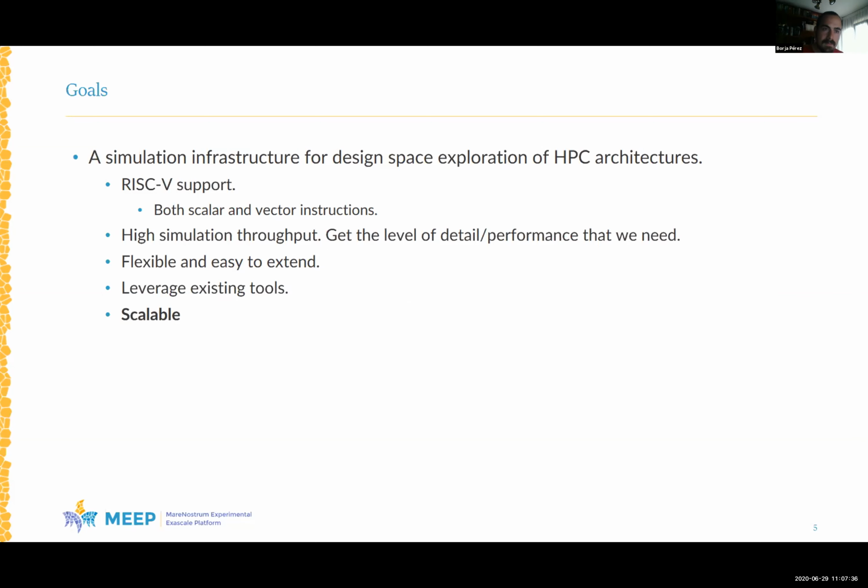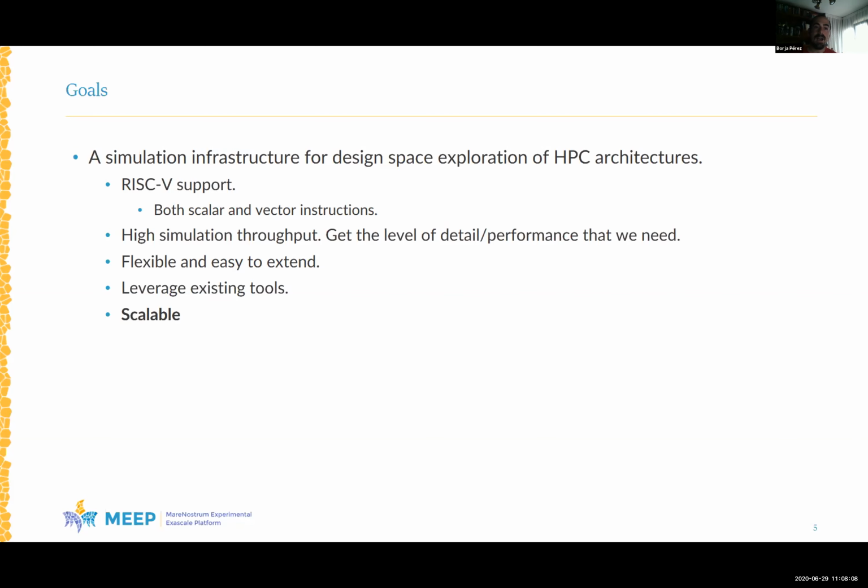An important thing to bear in mind is that both scalar and vector instructions are very important to us and to BSc, because we would like to get that extra punch, both performance and efficiency-wise, by using vector instructions. And this is one of the requirements that conditioned the kind of simulation tools that we were able to use in our experiences developing this infrastructure.